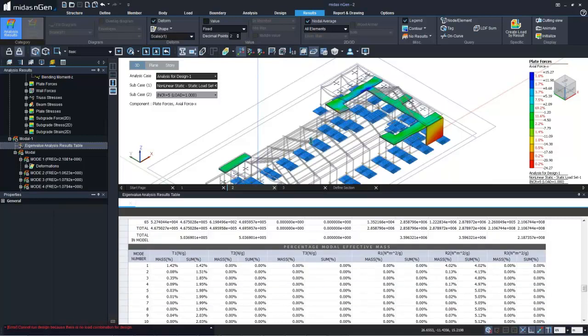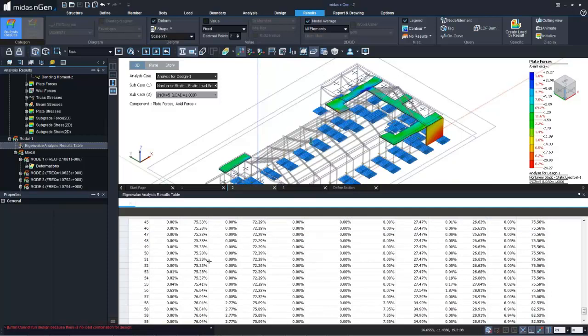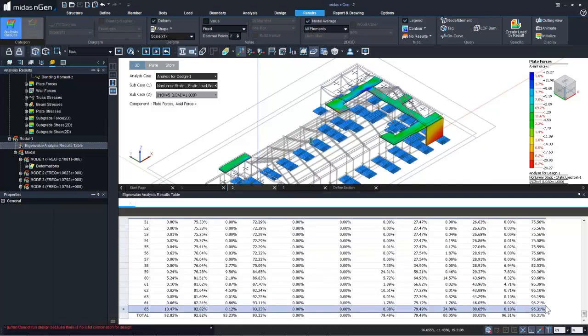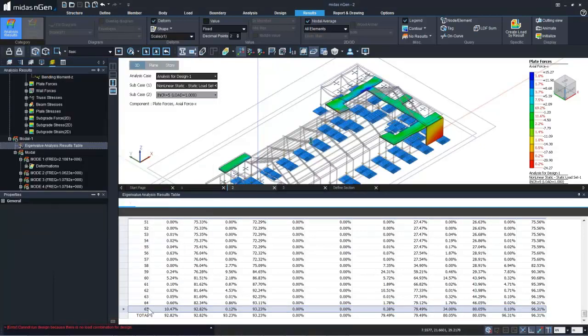and the percentage of modal effective mass right over here. So after 65 modes, the program has reached more than 90% of mass participation for X, Y, and rotation about the Z axis. So this is one file that I had created before, and this one had included automatic calculation of the number of mode shapes. Alright, so this is done,